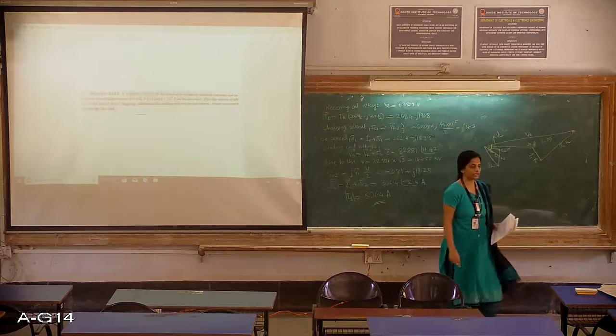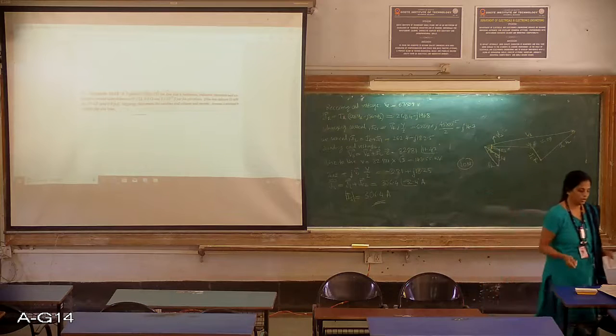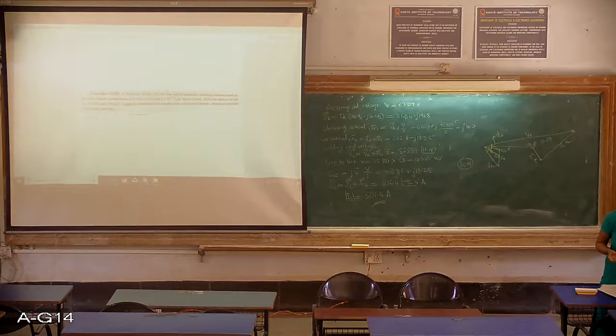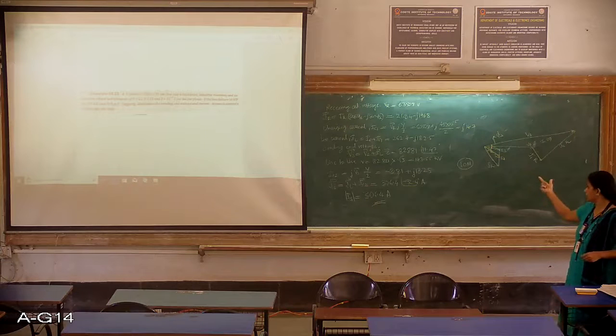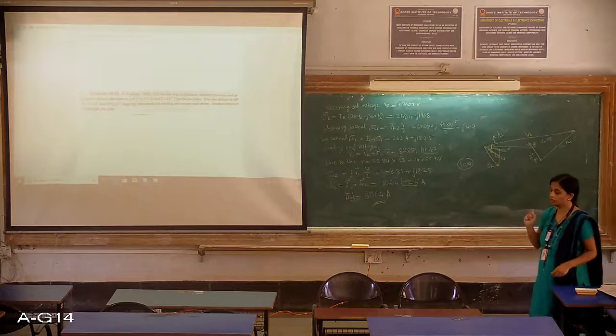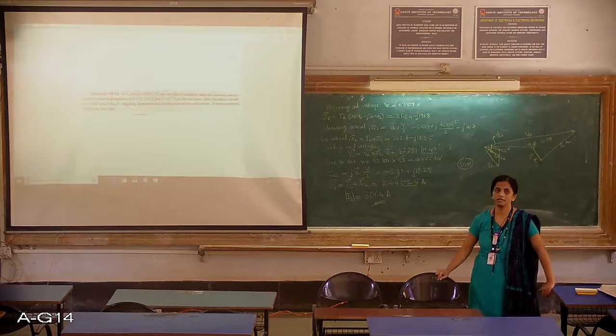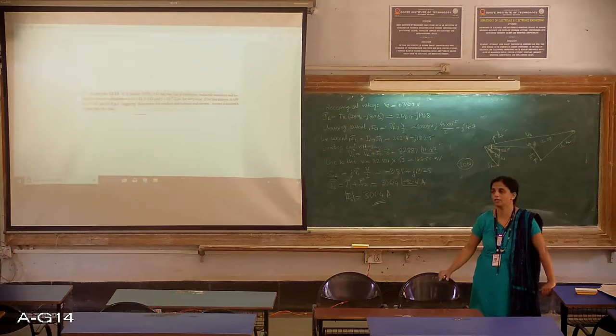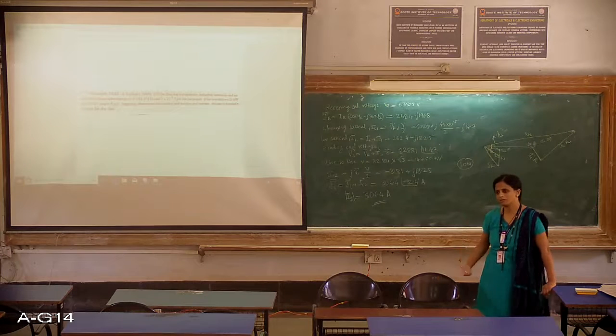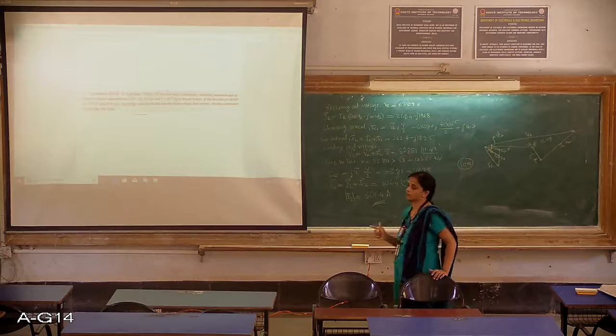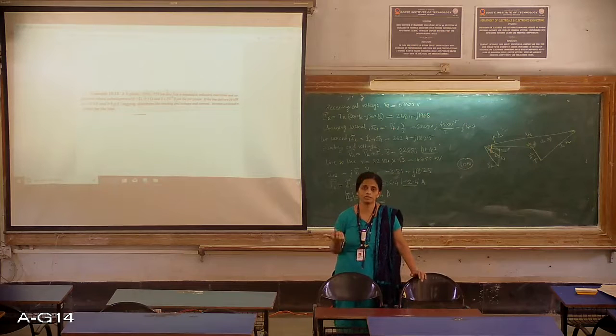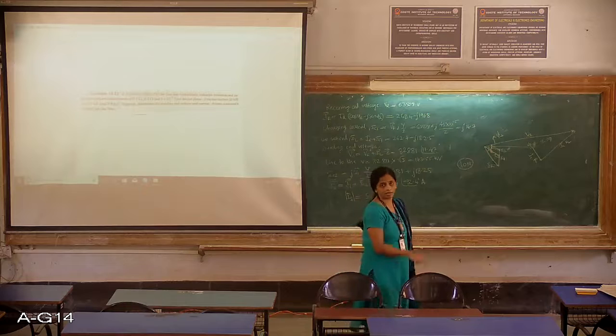Whenever asked, I strongly recommend you all to draw the pi model and also the phasor. Please pay attention to the method which is asked. They'll usually specify use nominal T method or use nominal pi method. In case it is not mentioned, you can use any method, T method or pi method. The answer will come out the same.